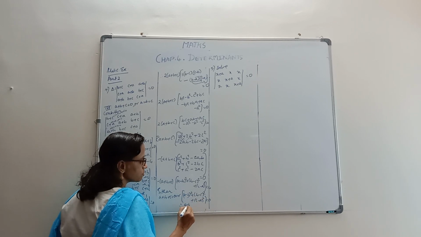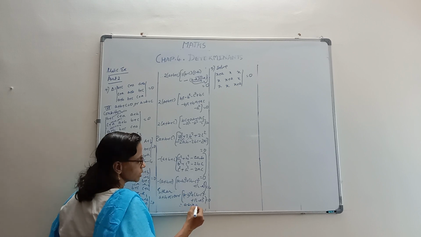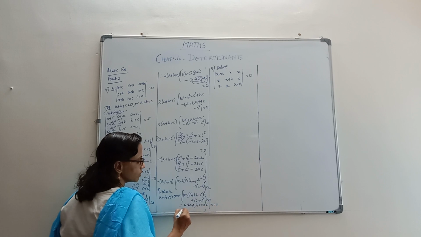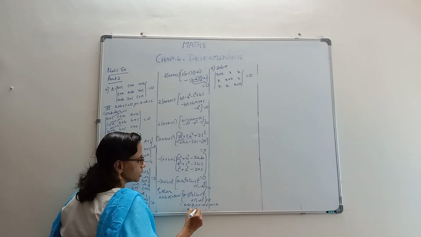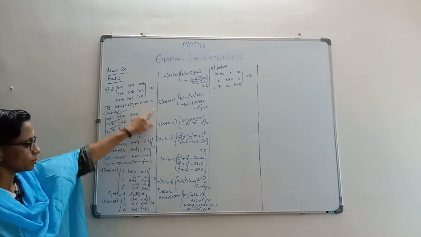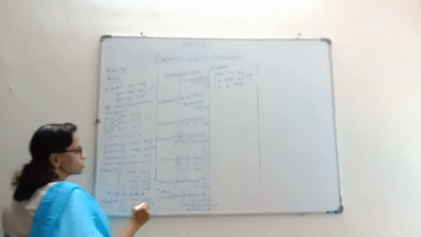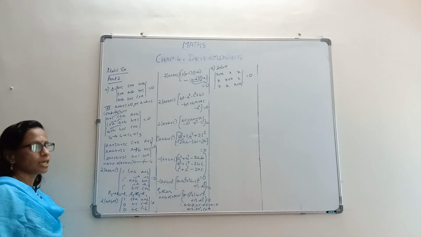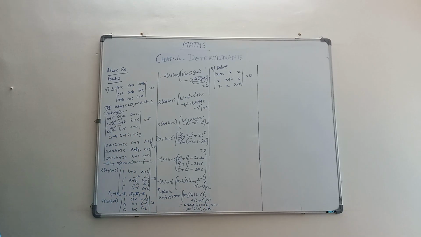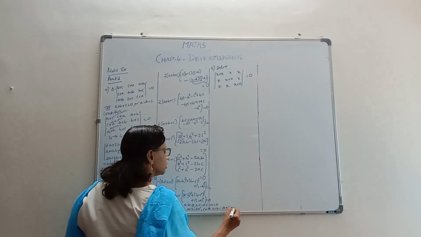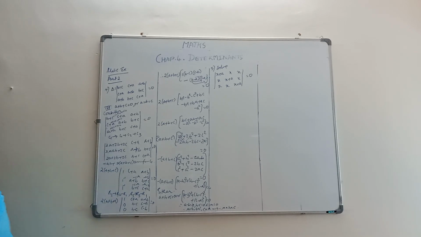Therefore a minus b square is 0, so a minus b is 0, b minus c is 0, or c minus a is 0. Or in other words, it is a equal to b, b equal to c, c equal to a. That's what they have asked us. A equal to b equal to c, all are equal. So either this is 0 or you have a equal to b equal to c. That's what we have shown from there. Therefore, a equal to b equal to c. That's it that they have asked us to show.